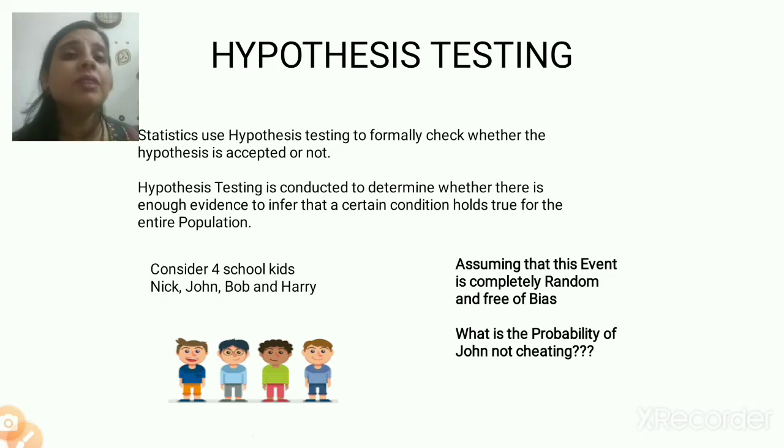Sometimes it happens that we may have a variety of populations and a number of samples, and the sample on which we are performing a test may not actually be of that particular population, or we may be working on a wrong sample. So that needs to be tested and verified. For that case we need to do hypothesis testing. Now, this concept will be clearer to you with a simple example.